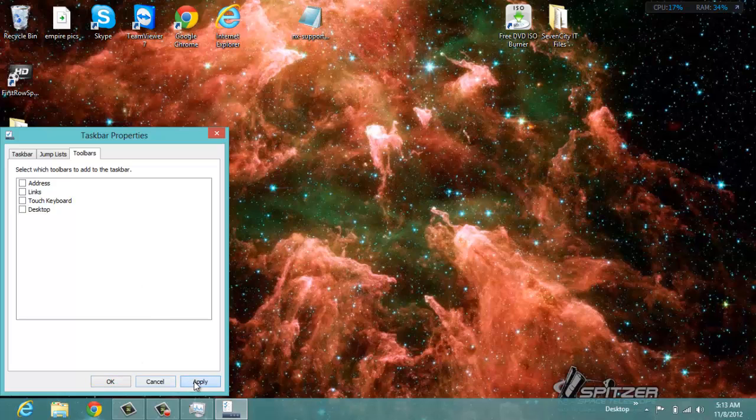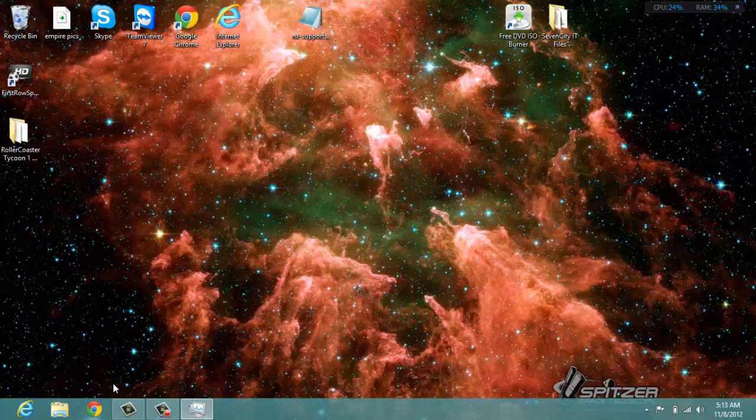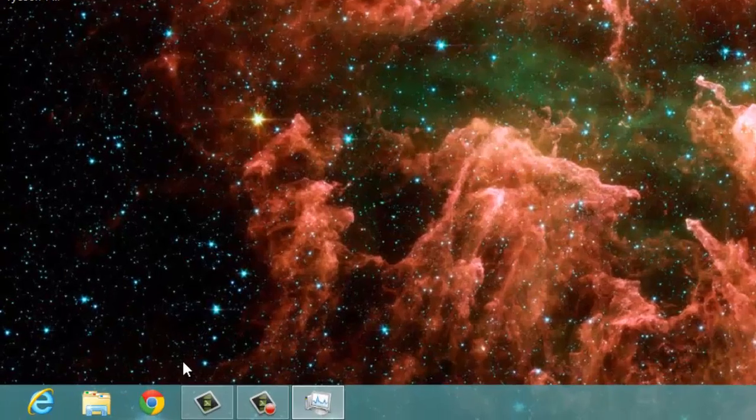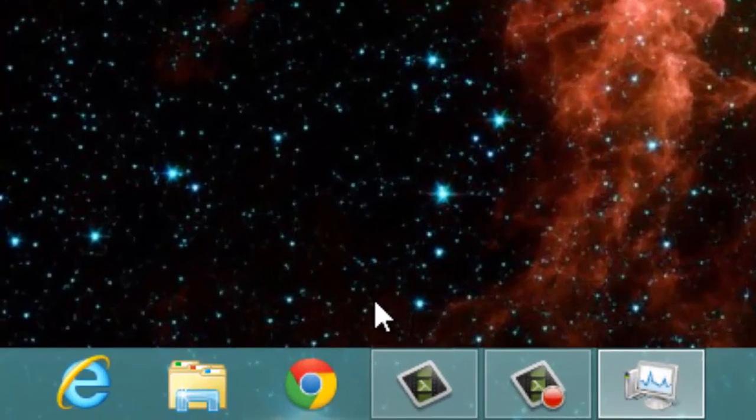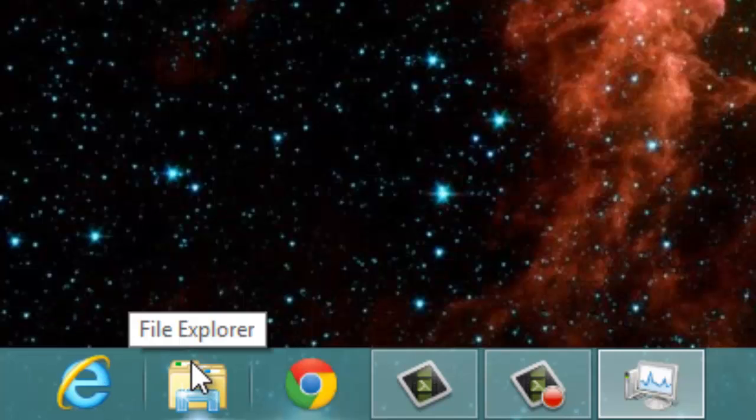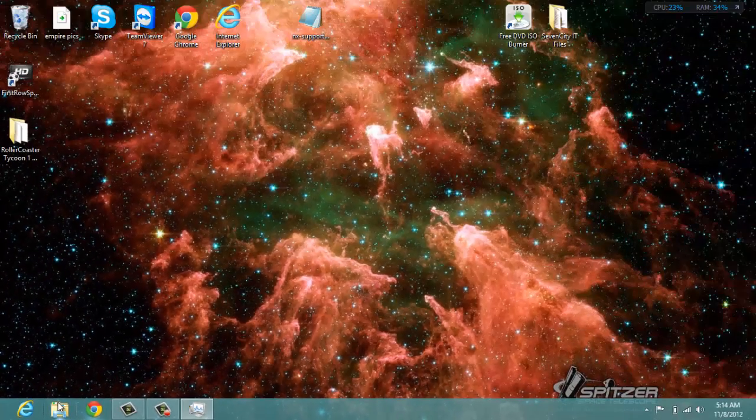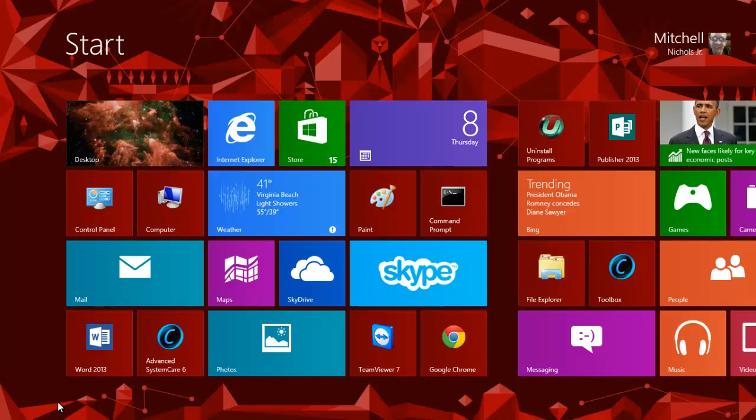One of the other things before that, I didn't think was really any useful was to pin items to the taskbar. As you see, I have now, I have Internet Explorer, File Explorer, and Google. Well, before it wasn't really useful, but now that the desktop is separate from the start menu UI, it is kind of useful